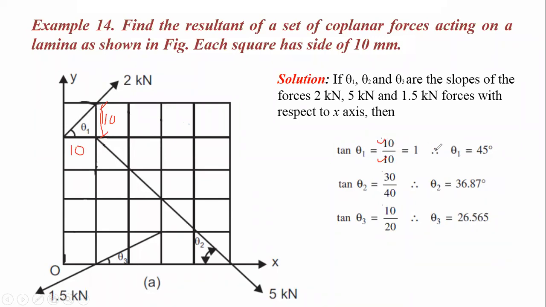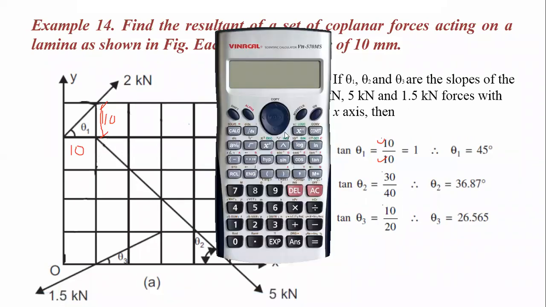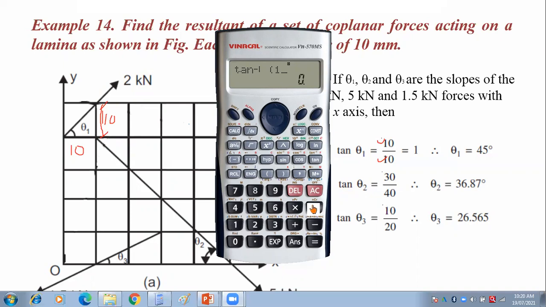Now let us calculate this tan inverse of 10 by 10. What will you get? 45 degree angle. Once you have calculated the theta 1 value, now next one,